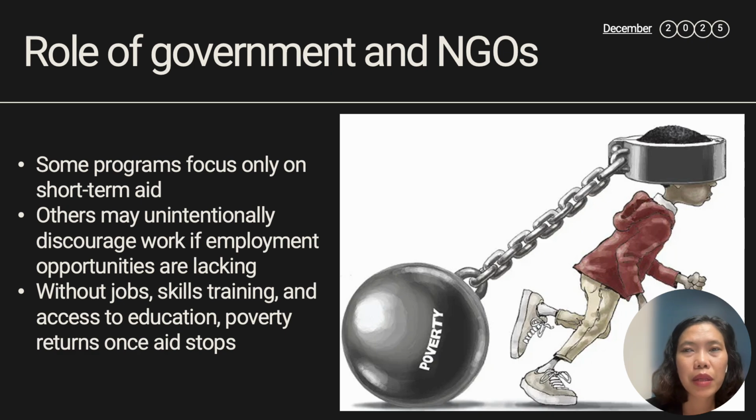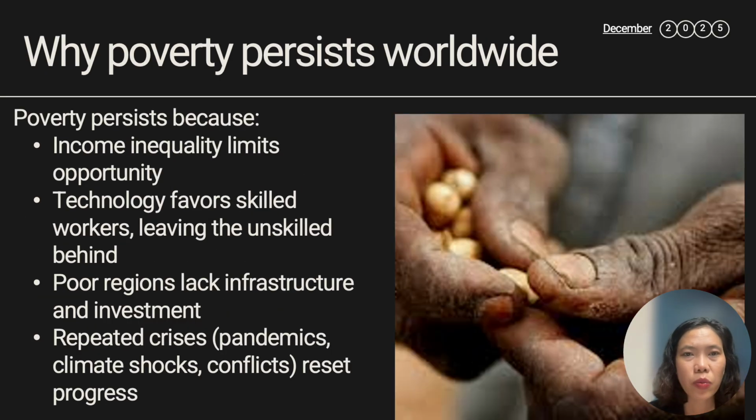So if the government only gives or releases allowances for poor people, but they are not teaching the poor people how to earn a living, then the resources will dry up eventually. So they will keep on coming, more and more, and ask for more. So why does poverty persist worldwide, not just in the Philippines, but